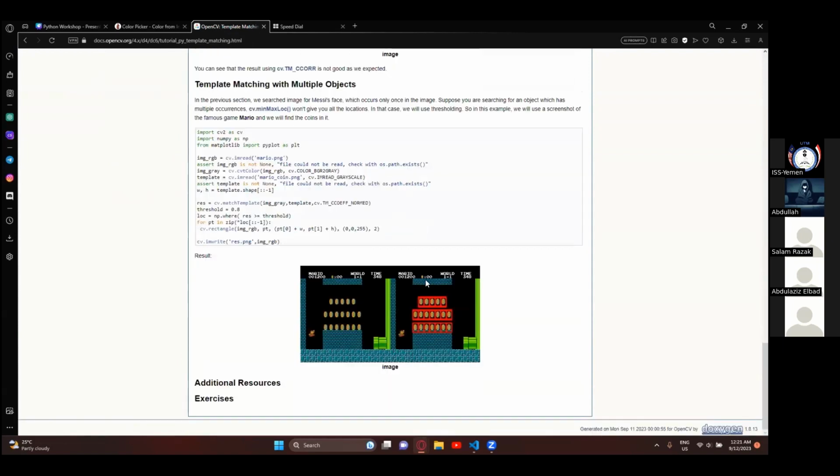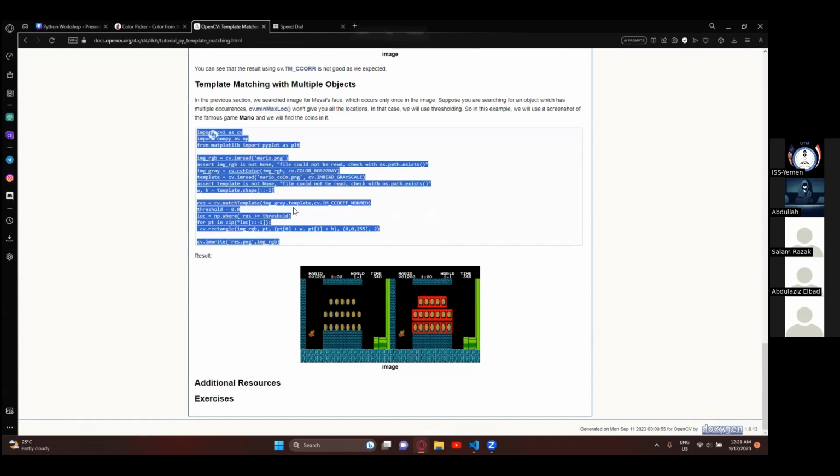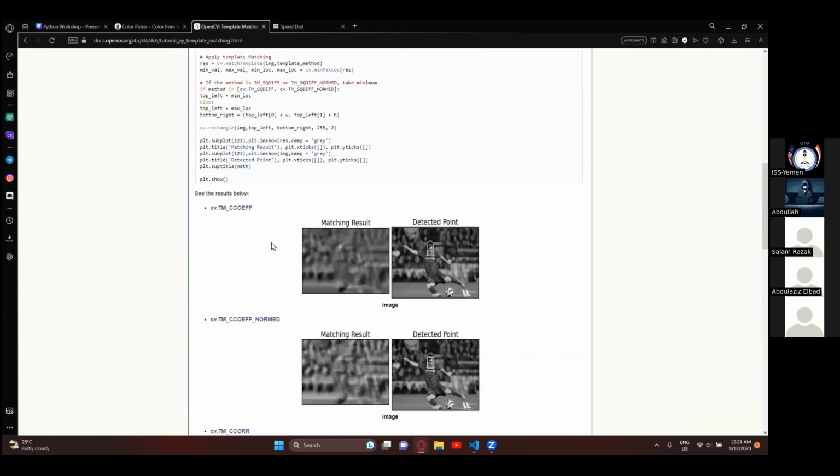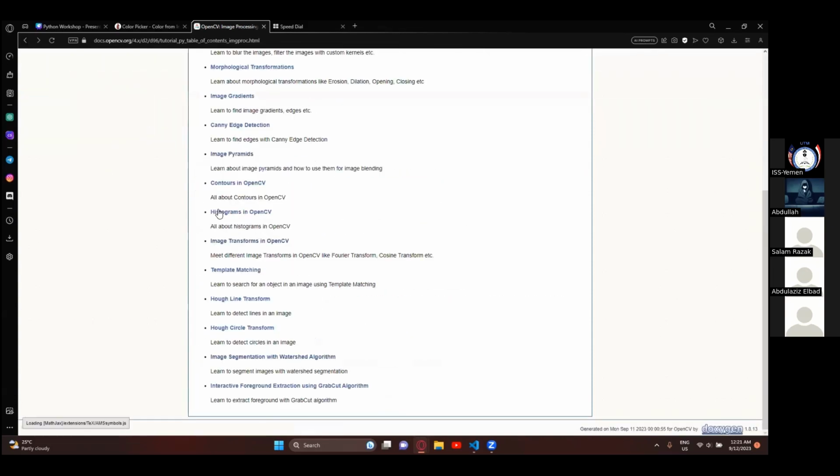Like you get an image of one coin, and then it goes around the image trying to detect if there is this coin picture. So you might try this. It's much faster than regular object detection since it's just moving around the image and comparing, oh, is this the same pixels or no? So yeah, there are